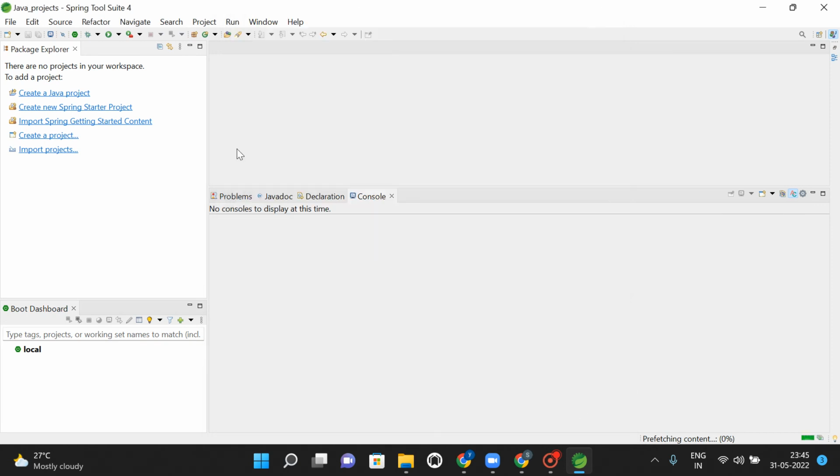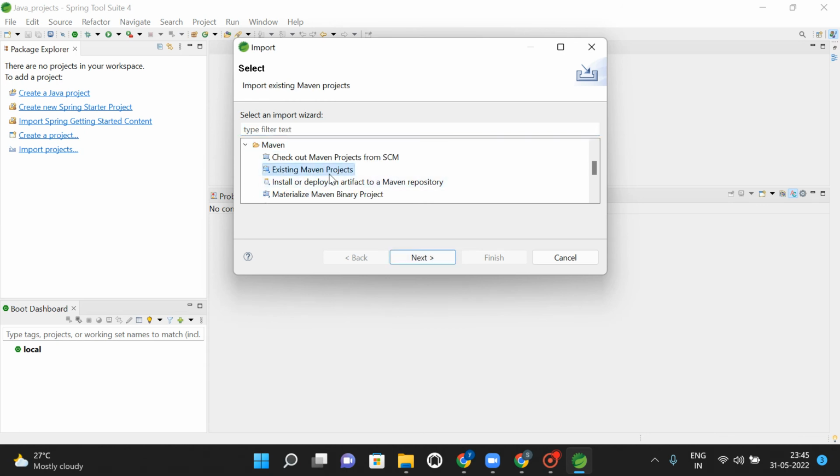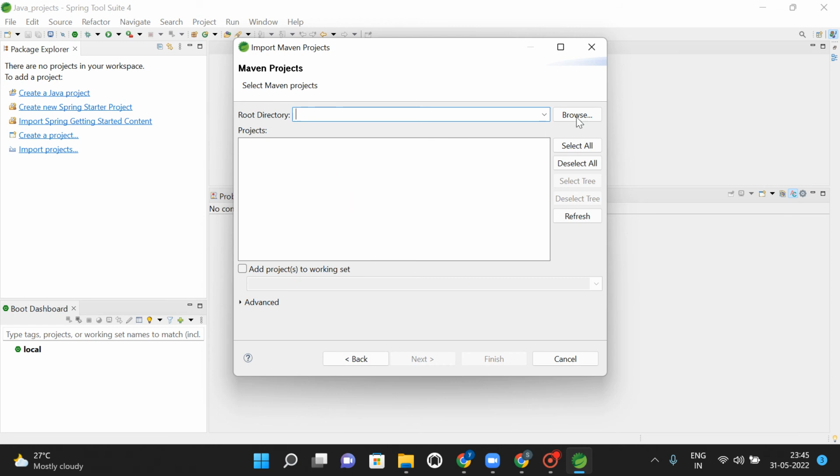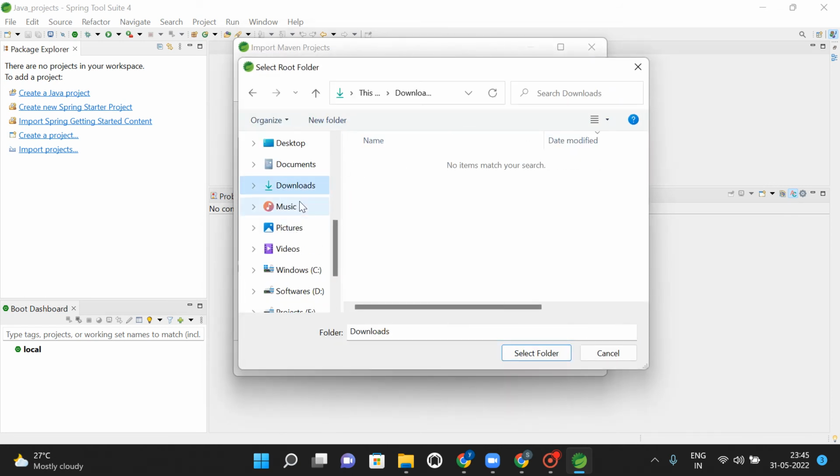Okay, instead of that you can just select import projects, and here you can select Maven and existing Maven project. Click on next, browse to the directory, see some downloads, where it's downloaded,